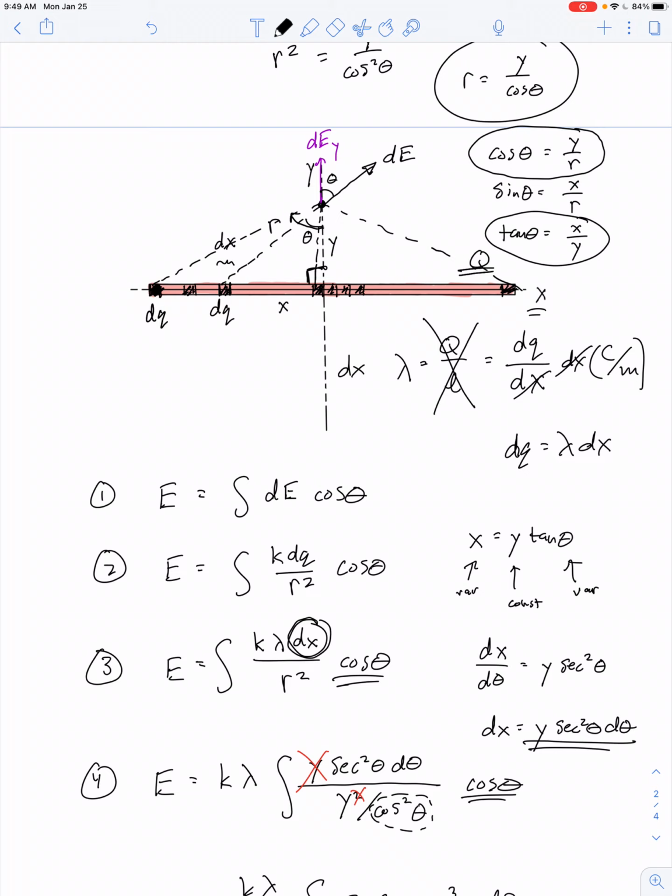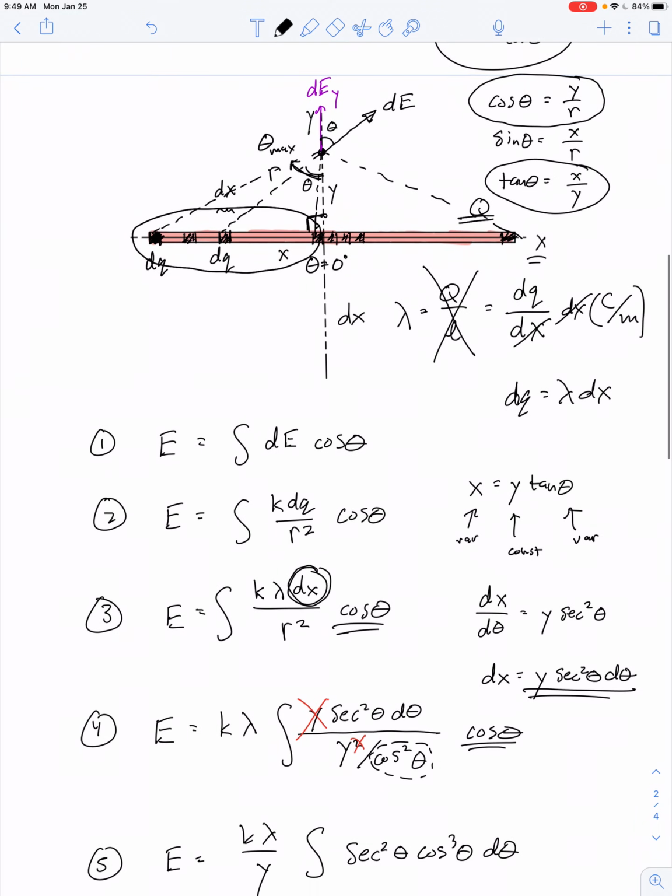Or we could just say we're going to integrate from this largest possible angle, we'll call it theta maximum, up until theta equals 0 degrees, and then just rely on the symmetry of it. So we can double the value if we only use limits that take us halfway to the length of the